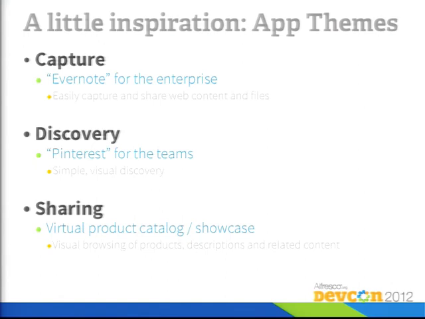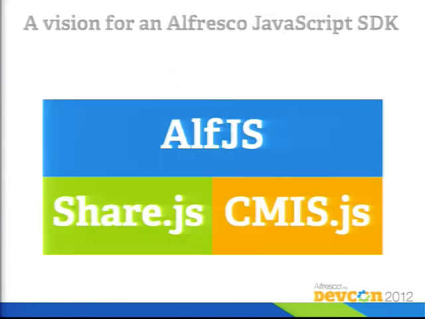And it is also great for discovery, which is the second theme. But for discovery, I think Pinterest is a great example. Very visual, very easy to discover new things. And so can we come up with Pinterest for teams, right? And things that facilitate sharing. That's the third theme. Anything that makes it easier to disseminate information, get everybody in sync, in line with one another. So for example, something like a virtual product catalog or a showcase that allows me to share information with my customers, with my partners, with my team members. So that kind of stuff.